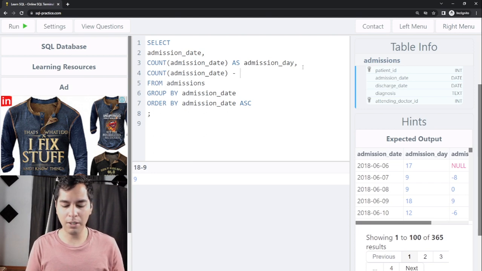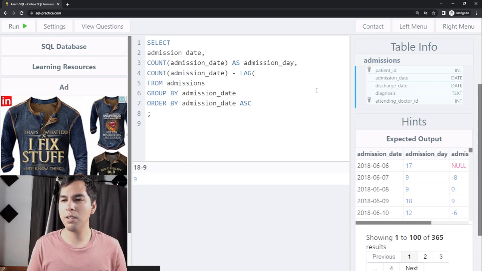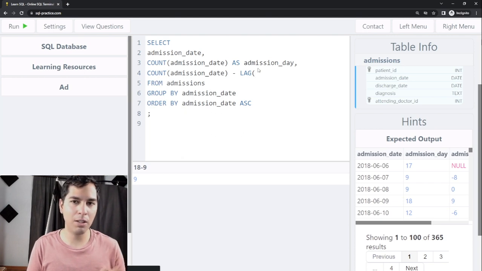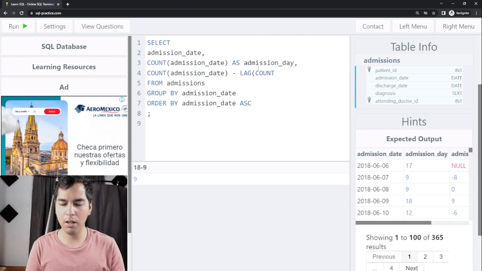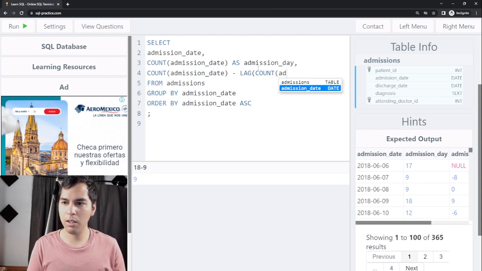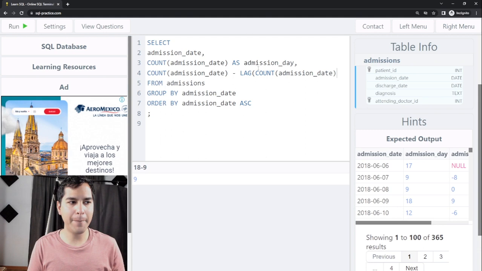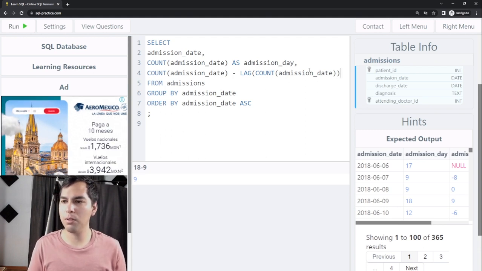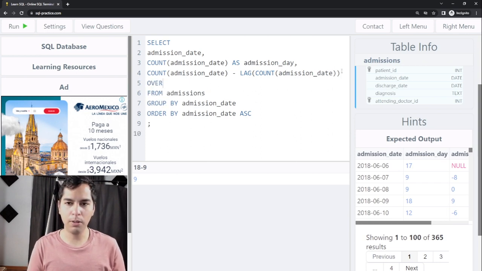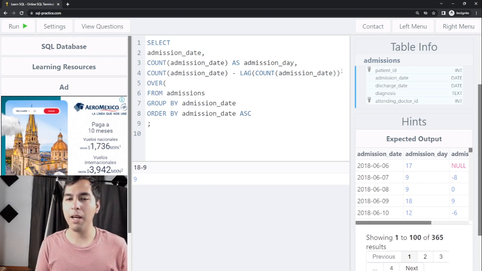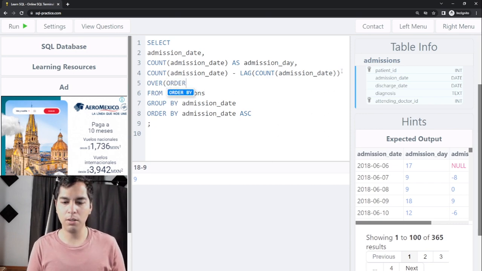So to do that, I'm using the lag function. This lag function is going to just give me the value in the previous row. So I'm going to do the same count, and I'm counting the admission date, and I need to close the parentheses, and I need to say over. Okay, I'm lagging that over, and I need to say order by